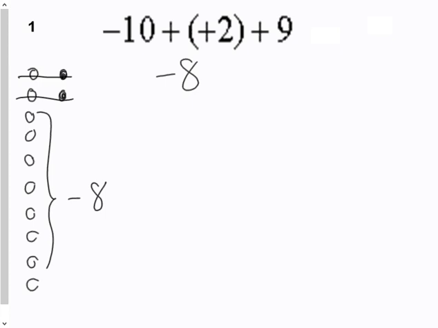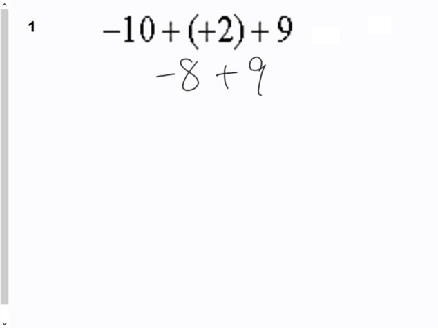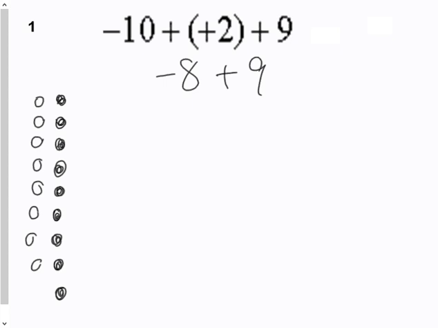Another way to think about that is if you owed $10 and you had $2, well, you could pay off $2 worth of the debt you have and you still have $8 worth of debt at the end. And we would combine that with +9. Now that we have this, we have a -8 plus a +9. If you wanted to model it, you could put 8 negatives, 1, 2, 3, 4, 5, 6, 7, 8, and 9 positives. The 8 negatives and the 8 positives would make 0 pairs, and you'd be left with a +1 as your final answer. So the answer to this question is +1.